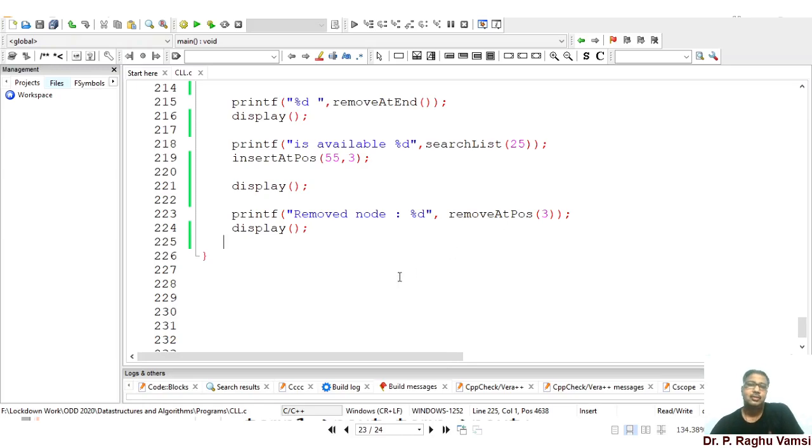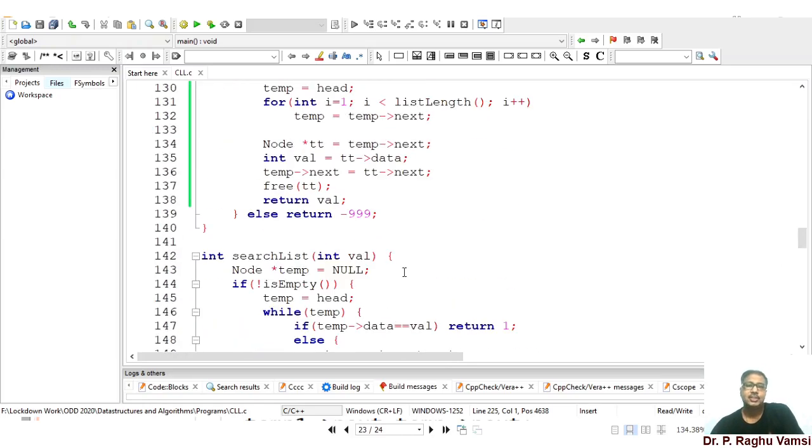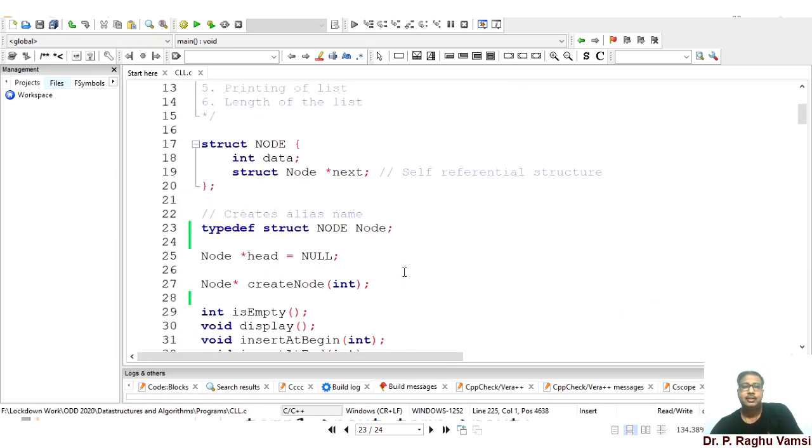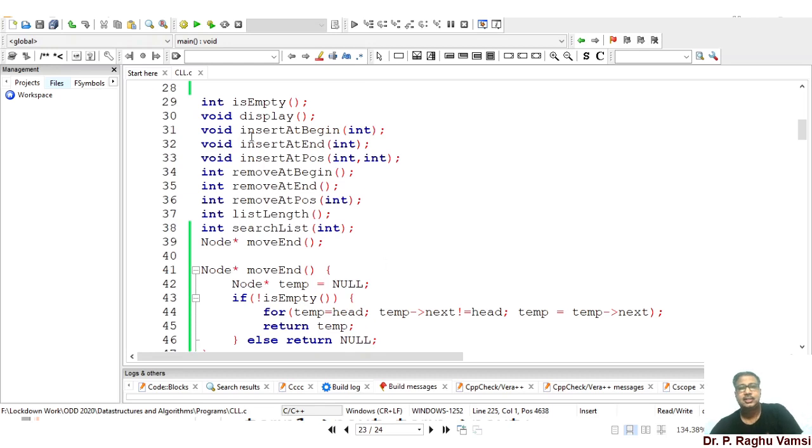So the required functions of the circular linked list, such as inserting at begin, inserting at end, inserting at position, removing at begin, removing at end, and removing at position, and supporting helper functions like list length, search list, display, and isEmpty, have been implemented successfully.